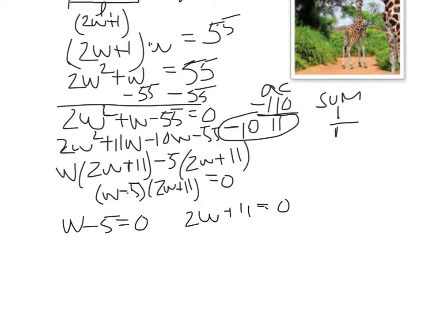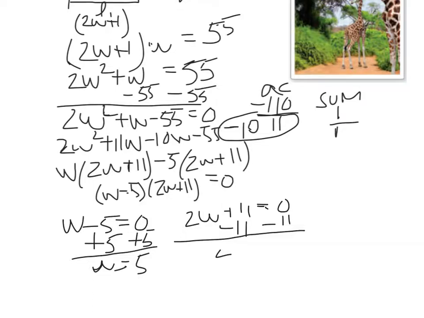When I solve this one, I would be adding 5 to both sides. So w would equal 5. When I come over here, I would subtract the 11 to get 2w equals negative 11. When I divide by 2,